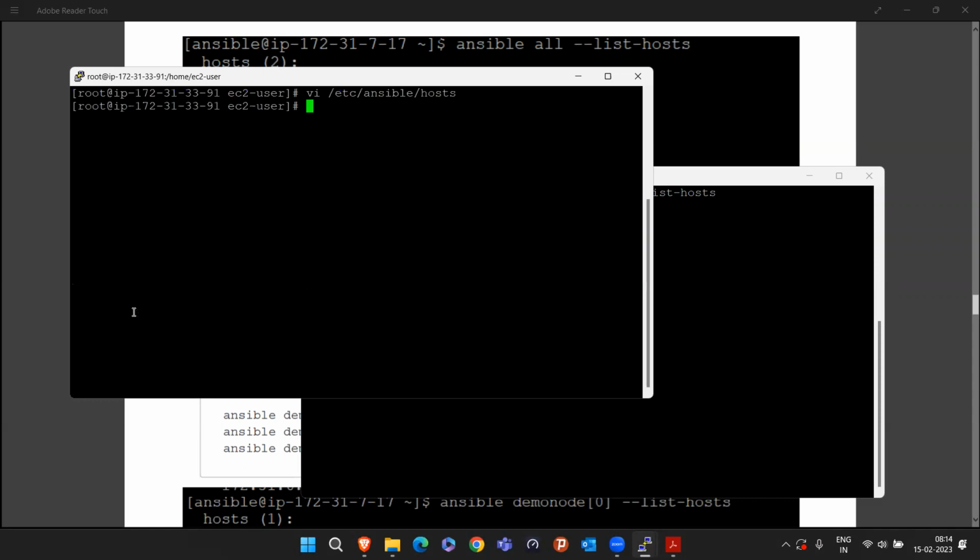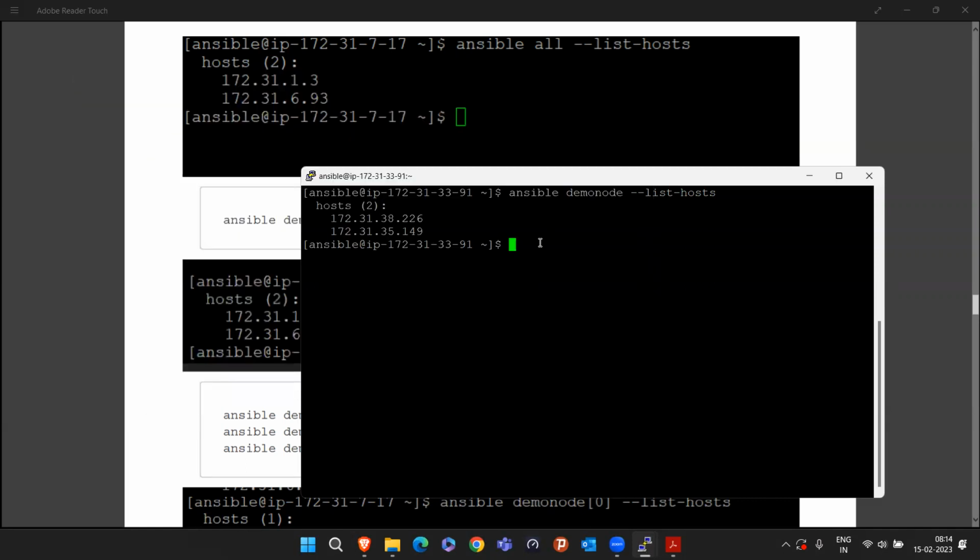I'll save this file. That's all. You can save this file as a root user. Okay. Now from the Ansible master, if I am running the command ansible demo node --list all, it is printing 2